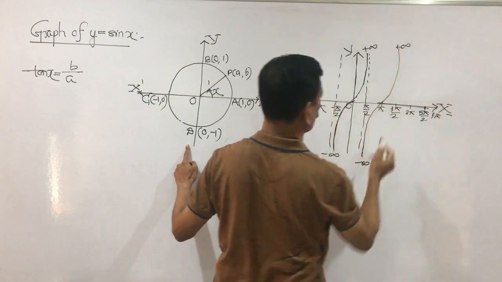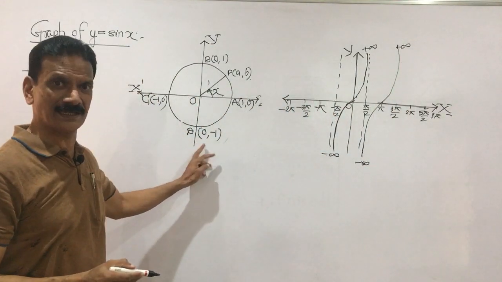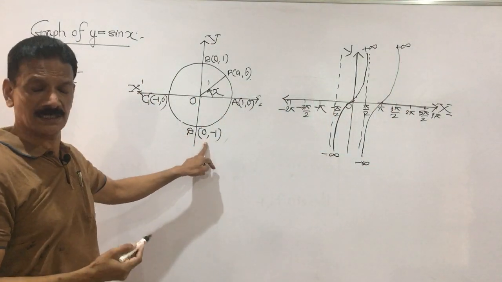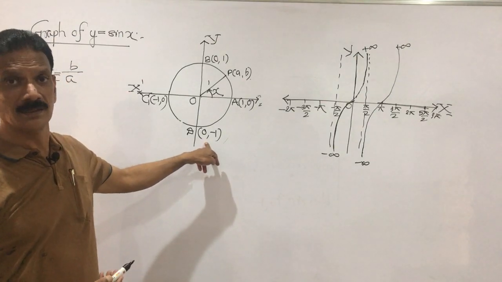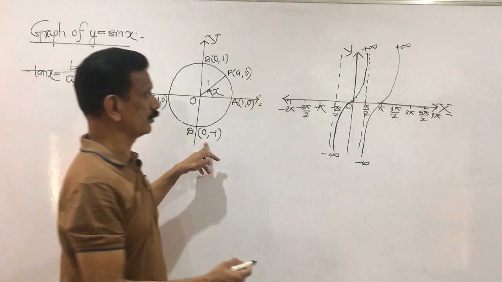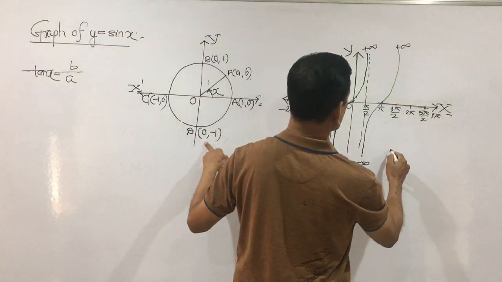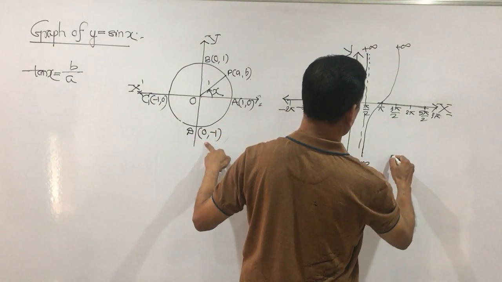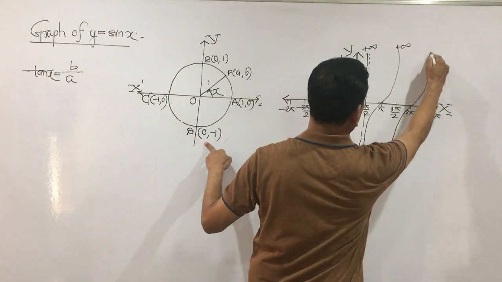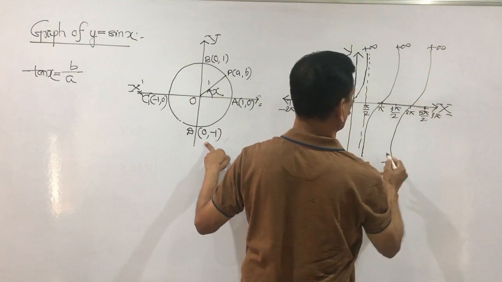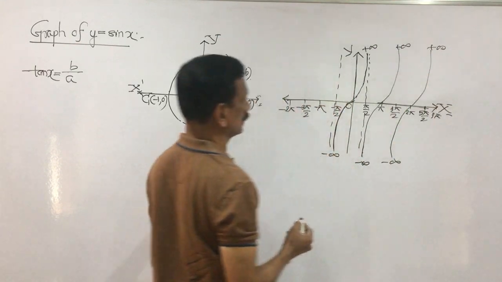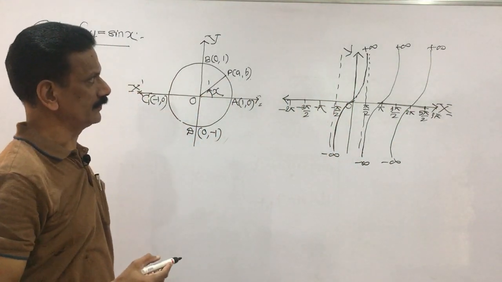Okay. It goes to plus infinity, and when it takes a value just greater than 3 pi by 2, it falls in the fourth quadrant, and in the fourth quadrant we know that cos and sec are positive, tan is negative, means it comes down, and its value becomes what my dear friends? Its value becomes minus infinity, and here you get plus infinity.